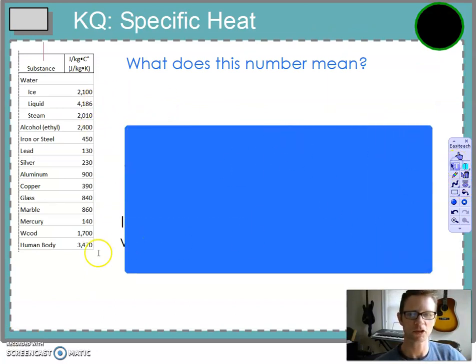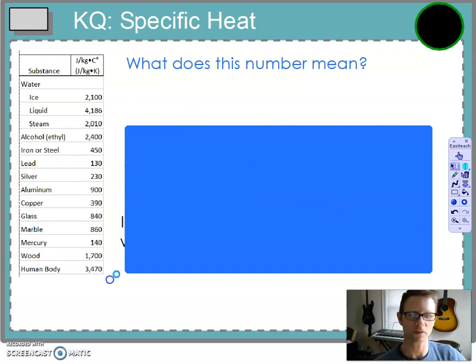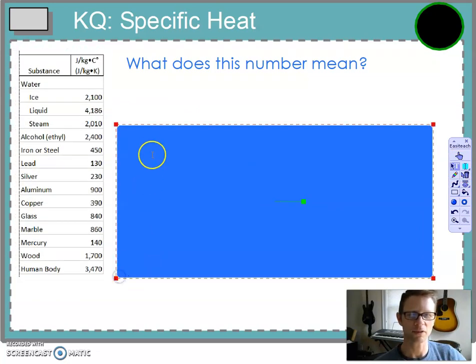So here's a table. Don't copy this all down. I'm going to share this with you at some point. Hopefully I don't forget to do that today. Technically, these are all new entries. So what does this number mean? So let's look at